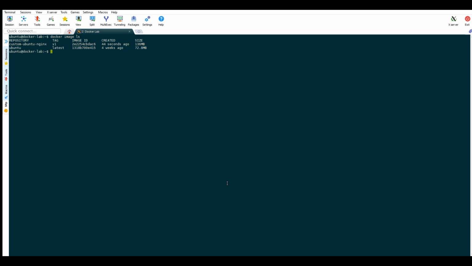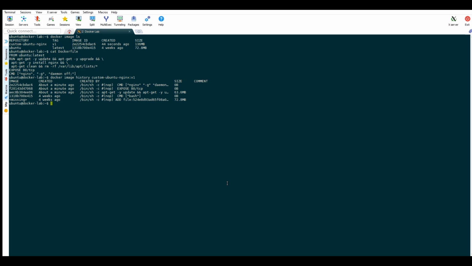We have created a custom Ubuntu Nginx image with tag v1 for this purpose, and the Dockerfile that we have used is the same one that we used for our second image creation. Now let's see the build history using the docker image history command. We can see the same number of instructions that were used to create this image, and there will be two physical image layers which have some size difference on the file system, and the other three layers are of 0-bit size and will only update the metadata.